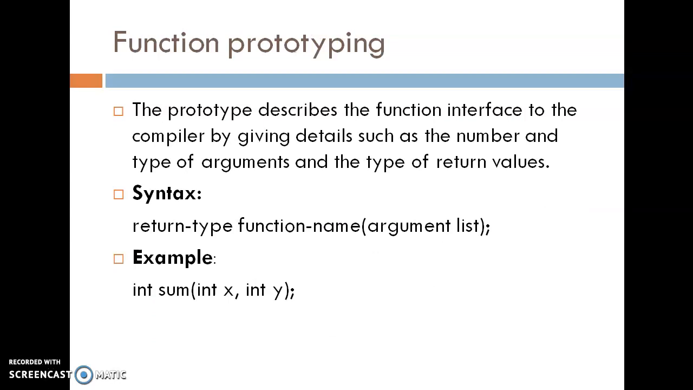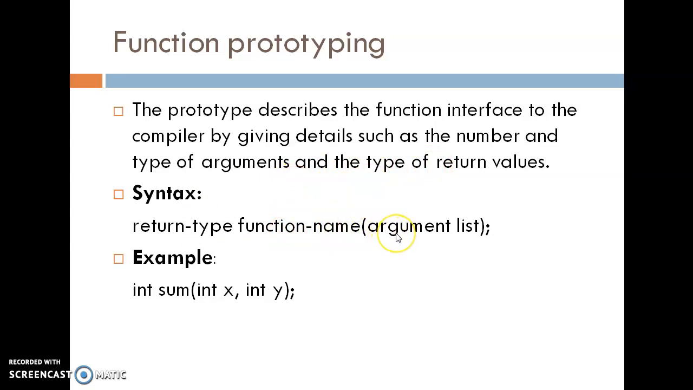What is function prototyping? Basically, the word prototype describes the function interface to the compiler by giving details such as the number and the type of arguments and the type of return value. That means it is basically known as a declaration of the function in C. The syntax is like this. This is the return type first, so whatever value that function is going to return, that data type, then the name of the function,